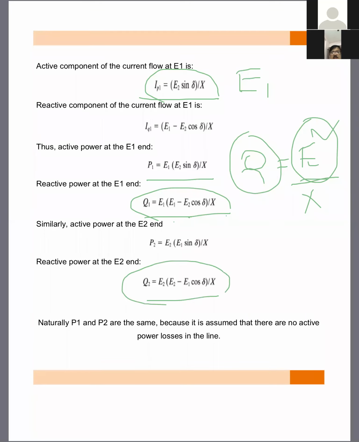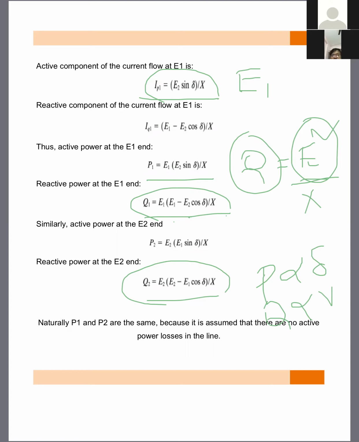You might have studied power system load flows: the NR method, the Gauss-Seidel method, and the decoupled method. Real power depends on delta, and reactive power depends on the voltage. The coupling between real power and voltage, and between reactive power and delta, is negligible. So we decouple them, calculate simple relations, and from that we calculate the decoupled load flows.